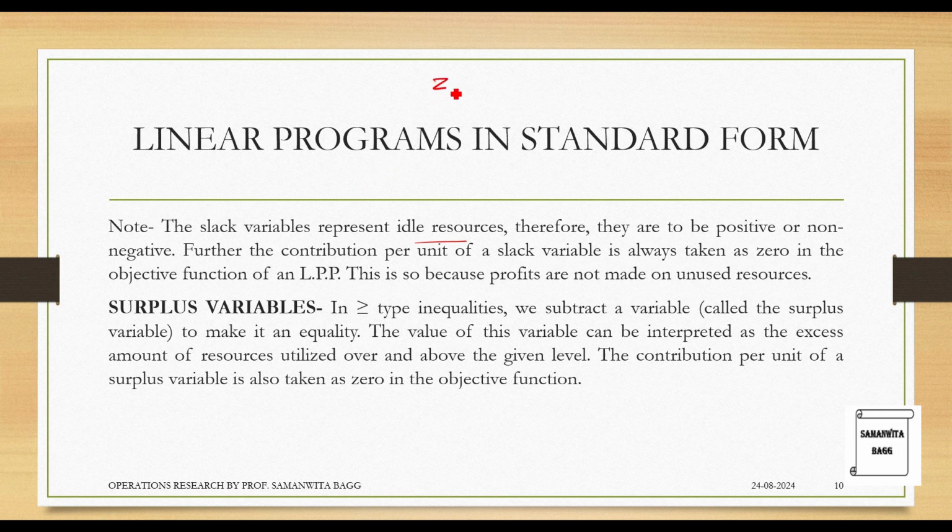So what we are talking about is, in this equation which we were just talking about, when we converted, it was 2x1 dash minus 2x1 double dash minus 3x2. Now we never spoke about the S1 and S2. So what we do is 0 S1 plus 0 S2. So we are multiplying it with the coefficient 0 such that there will be no contribution of these two terms in maximizing the objective function, since one is an idle resource and one is excess use of the resources.